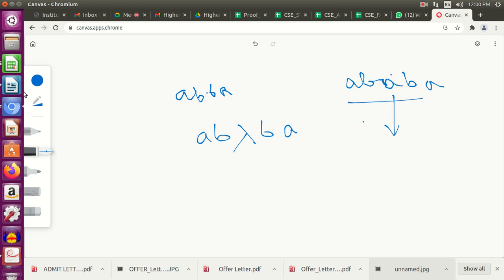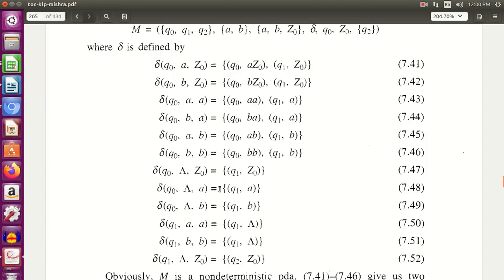If you go to this construction, the first part is very easy. Just ignore the second transitions for now.